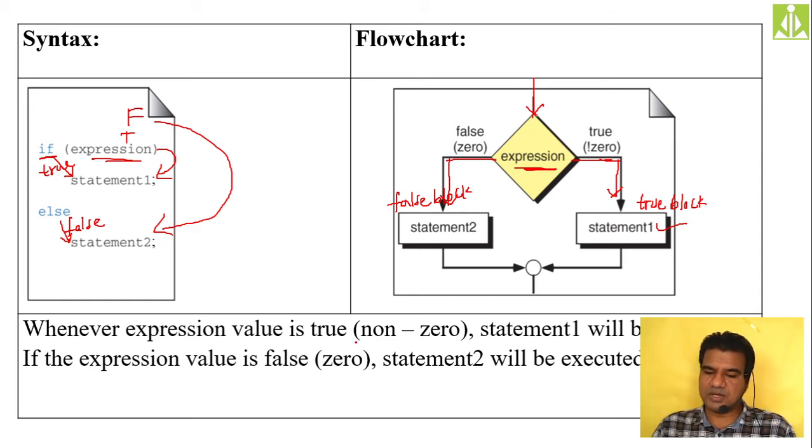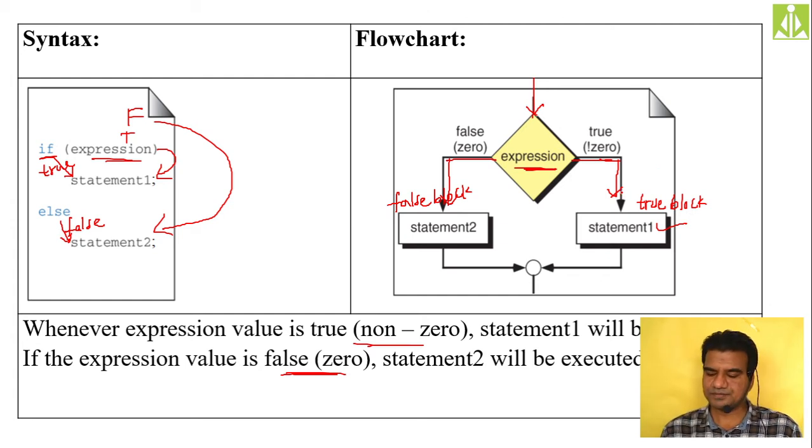Whenever the expression value is true or non-zero, statement 1 will be evaluated. If the expression value is 0 or false, statement 2 will be evaluated. When the condition is true, the false block will be skipped, and when the condition is false, the true block will be skipped.